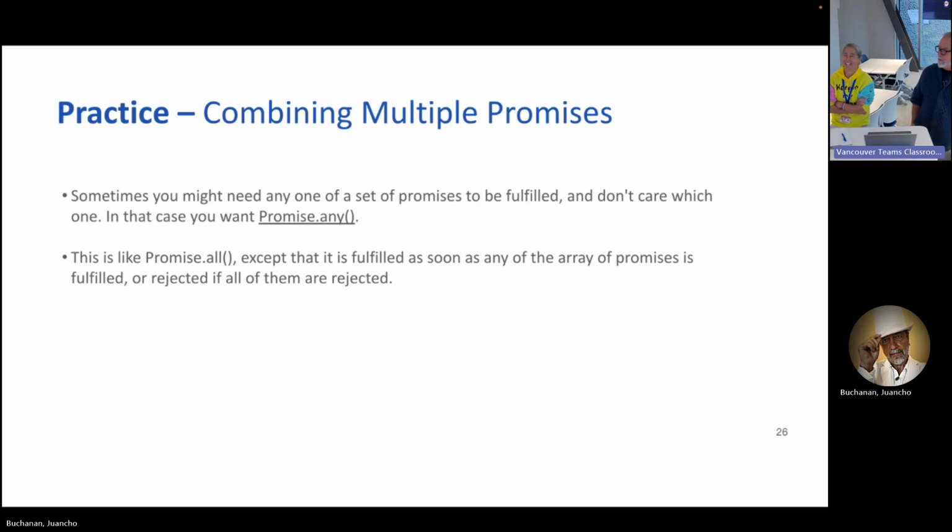Now, one of the benefits of doing things asynchronously is I could ask five people to go and buy me a TV. You go to Best Buy, you go to Staples, you go to Home Depot, London Drugs. Home Depot is going to fail, London Drugs will succeed, and all I care is that I get a TV. First one back, I'm done.